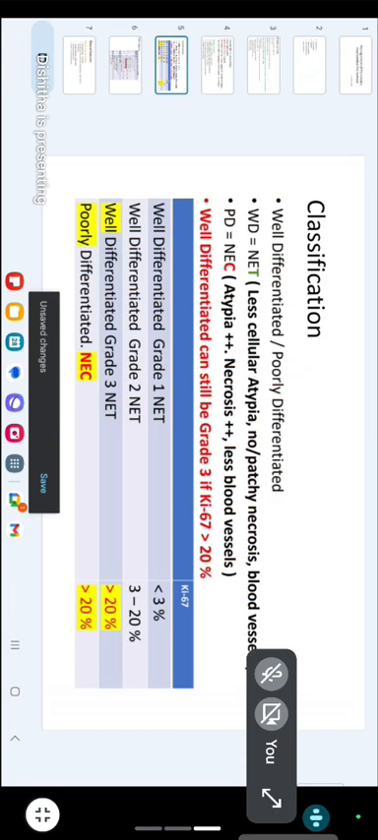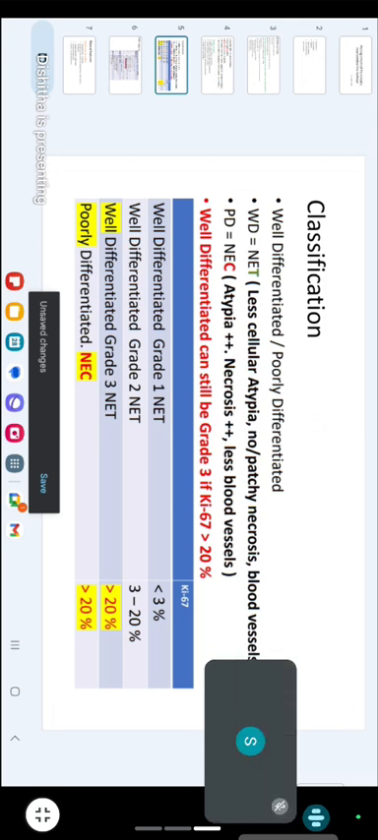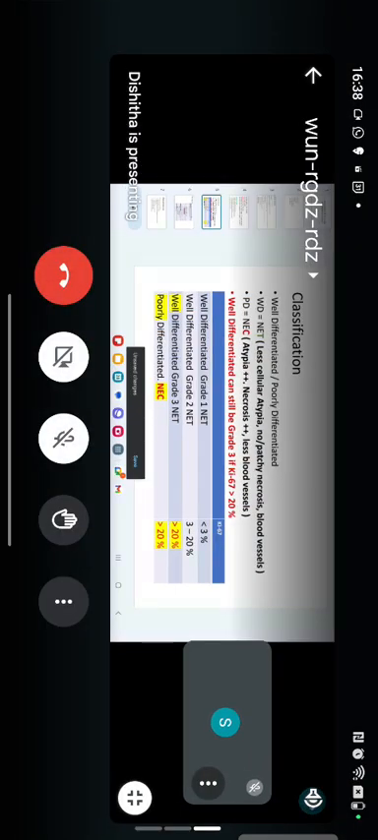So if you have to classify pancreatic neuroendocrine tumor, we can divide them into well-differentiated and poorly differentiated. The well-differentiated are known as neuroendocrine tumors, while poorly differentiated are called neuroendocrine carcinomas. So neuroendocrine tumors have less cellular atypia, no or patchy necrosis and blood vessels on histology, while neuroendocrine carcinoma has